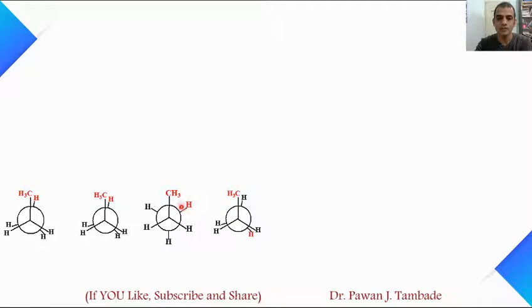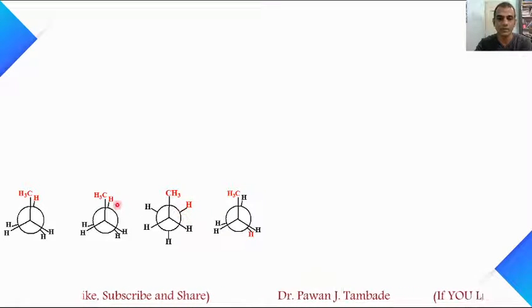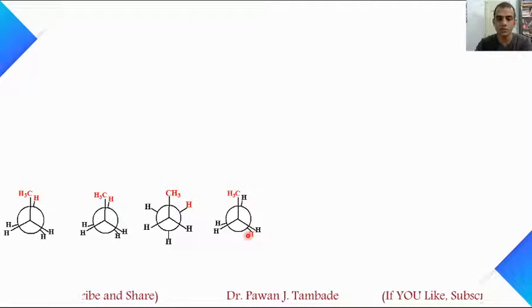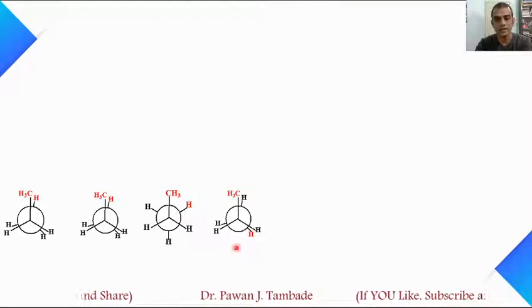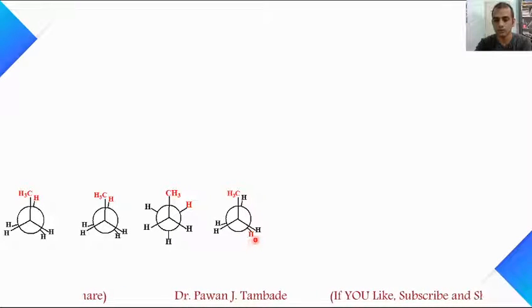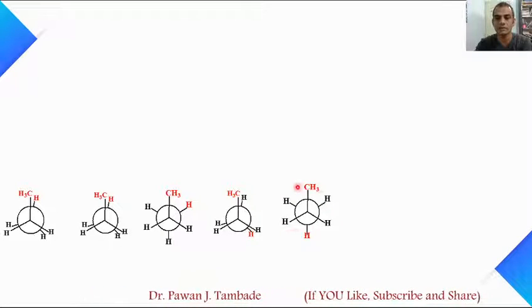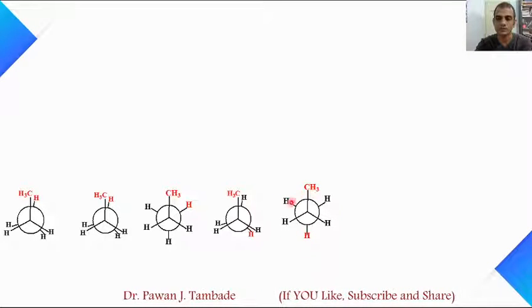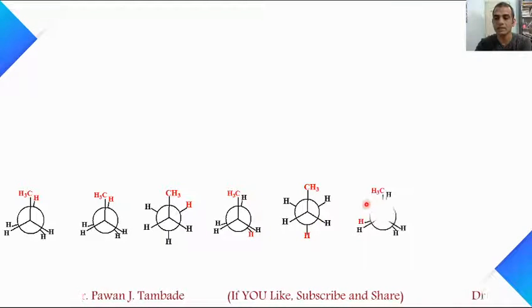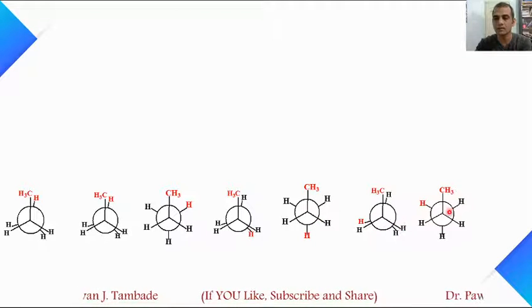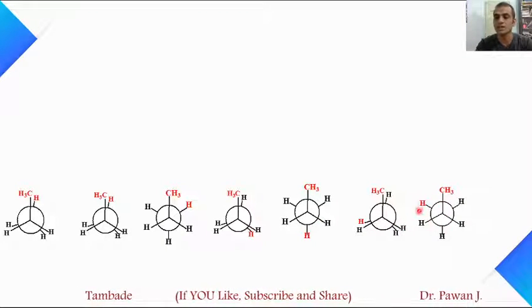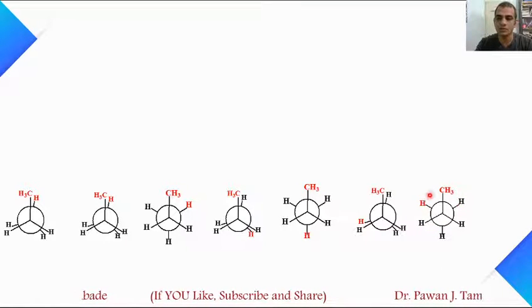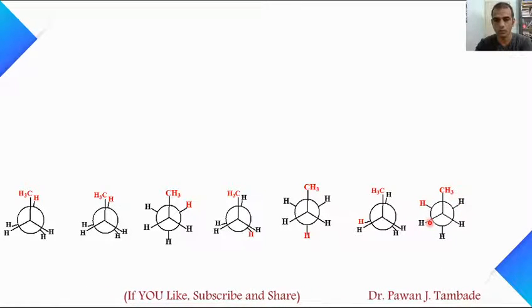Look at this red hydrogen. You can find out the movement of the back carbon atom. This red hydrogen is moving from this position to this, and now from this position to this position. In the same way, if you rotate this molecule further by 60 degrees, we will get this conformation. Again, if you rotate by 60 degrees, we will get this, and further rotation by 60 degrees, we will get this conformation or this structure of the propane molecule.